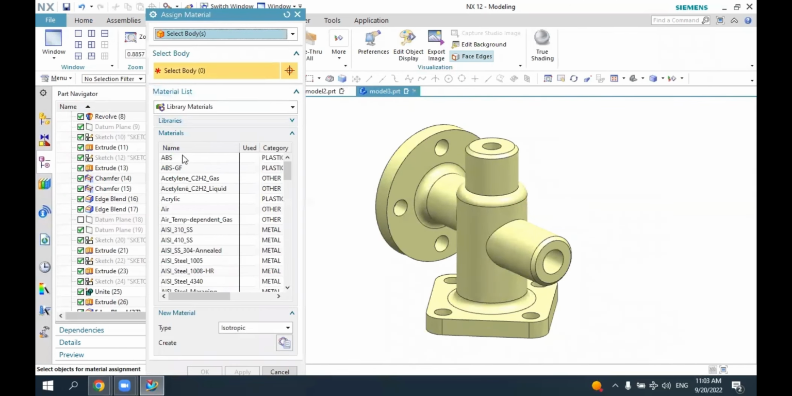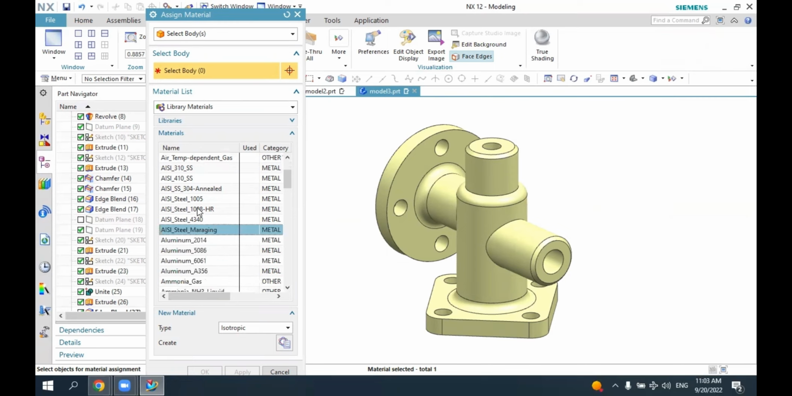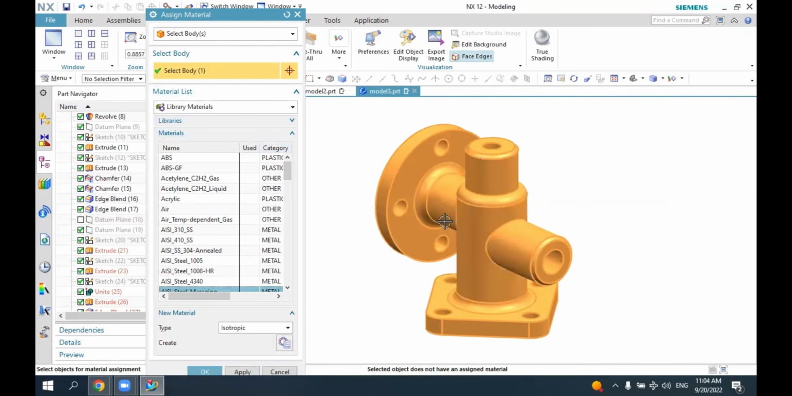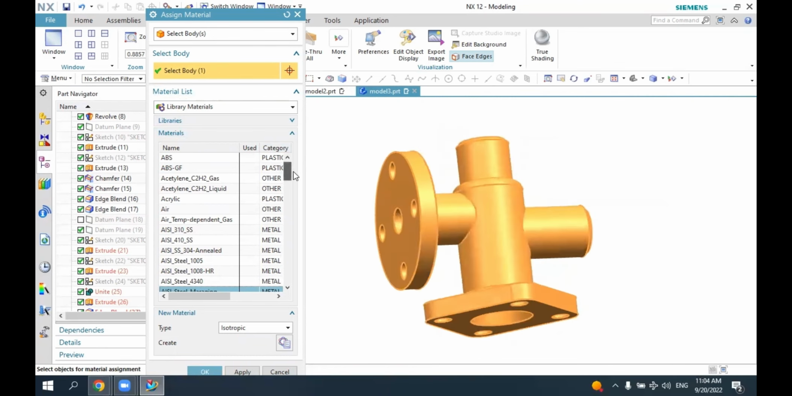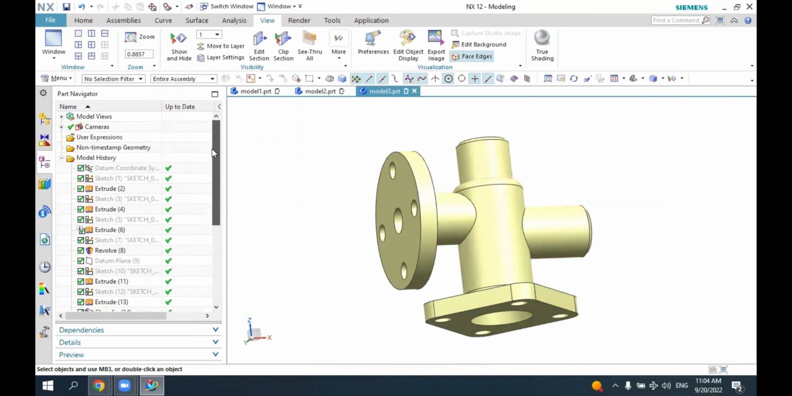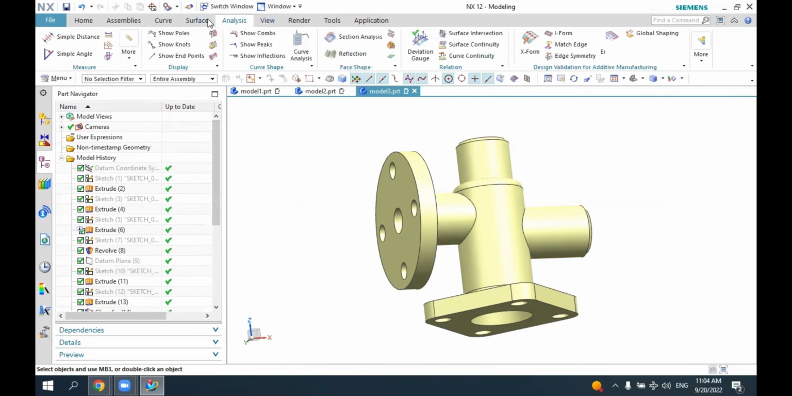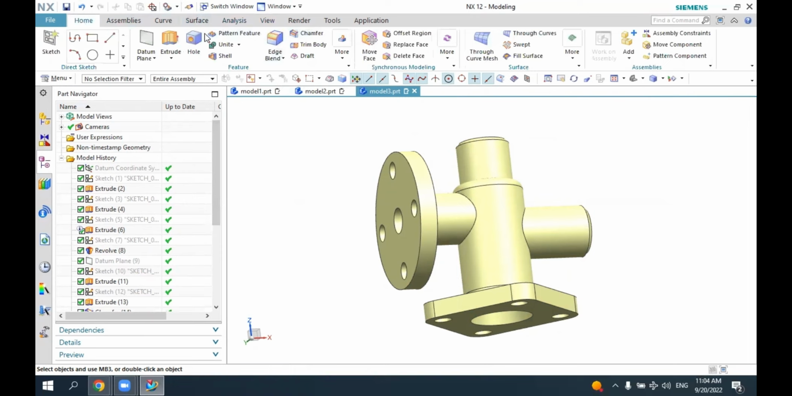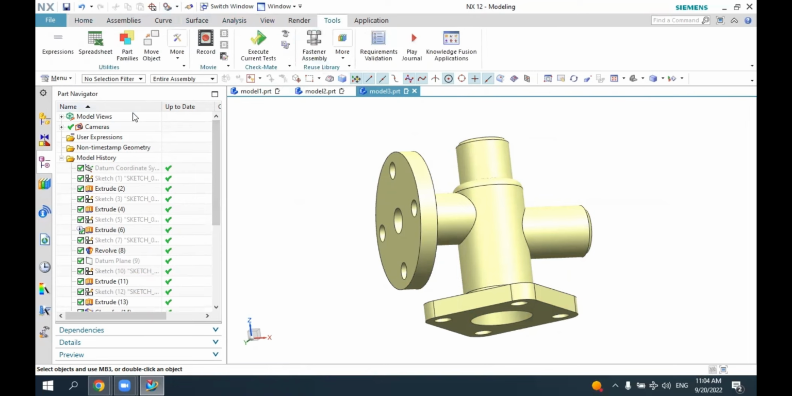Here you see in the library there are several materials available, starting with the steels, even plastic materials, aluminum, iron, cast iron. What is important is you have to select the body here. This body is selected. Now you can assign the material. Let's assign, for example, the aluminum, and just press OK. So the material is assigned here, and you can then analyze the